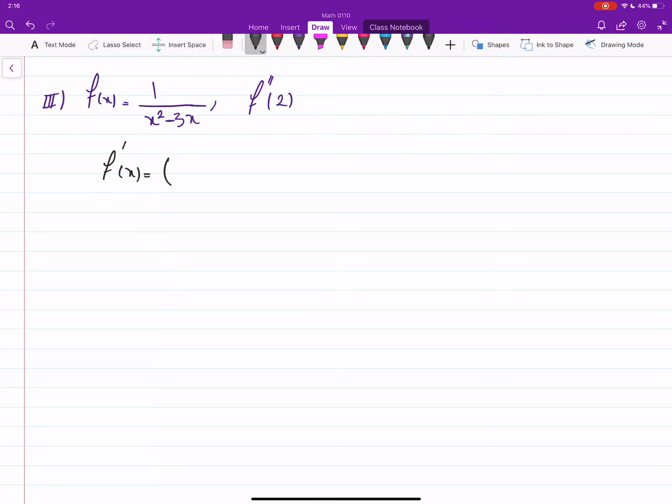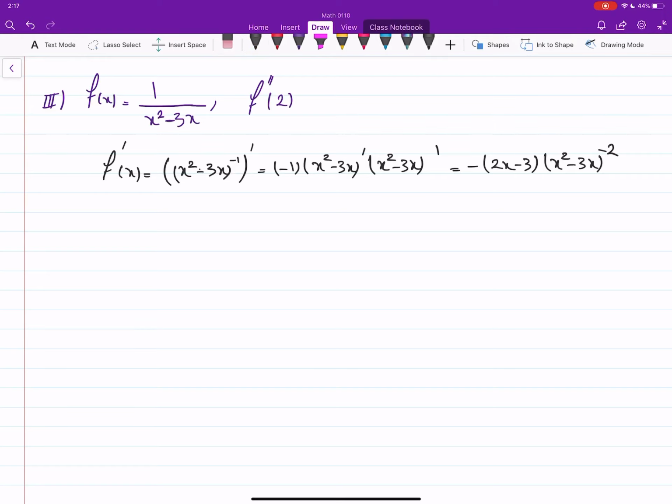Rather than going with the quotient rule, you can do this thing. And this will give us negative 1 times (x squared minus 3x)', (x squared minus 3x) to the power negative 1 minus 1. This is negative (2x minus 3) times (x squared minus 3x) to the power negative 2. Oh, this is bad. The writing was bad. Okay. Then the second derivative here is